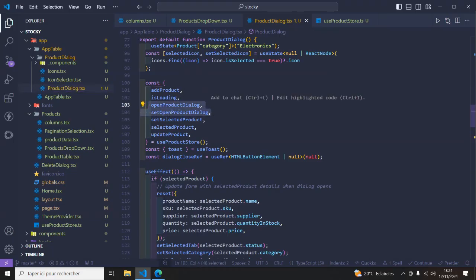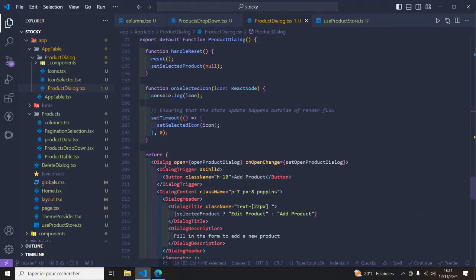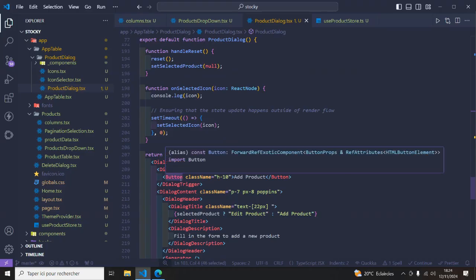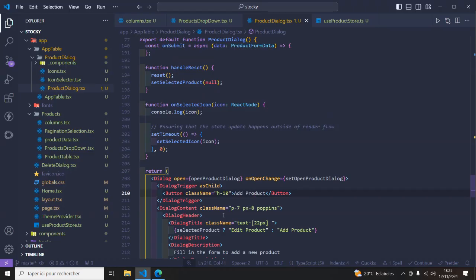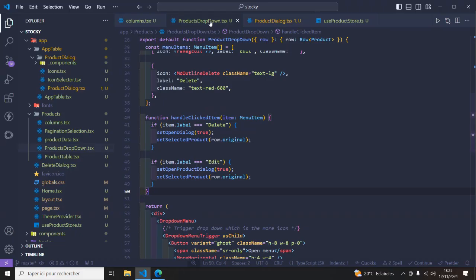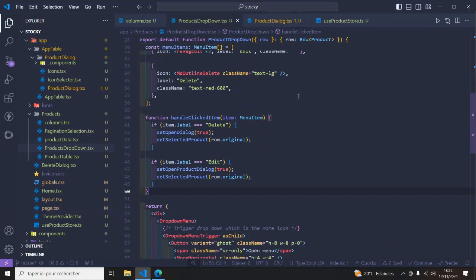We're going to call them from the use product store, and at the bottom, if we go to the dialog functional or JSX or tag, we're going to link these two states with the open property and the open change property of the dialog tag, just to make sure that when we click on the edit dropdown, so if we go to the product dropdown,